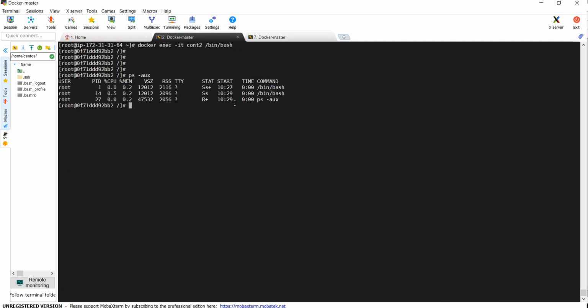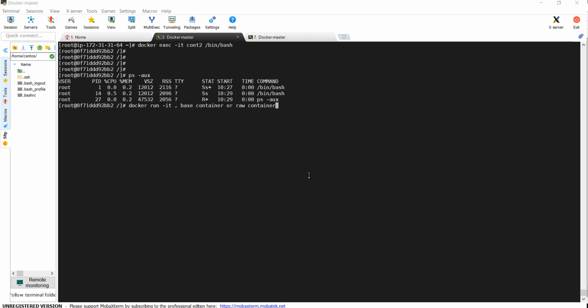So for a container which is launched using a base image that doesn't have a daemon or service running on it, you always use the docker run hyphen it command. Okay. Such a type of container we call a base container or raw container. Okay. This is clear. Raw container.